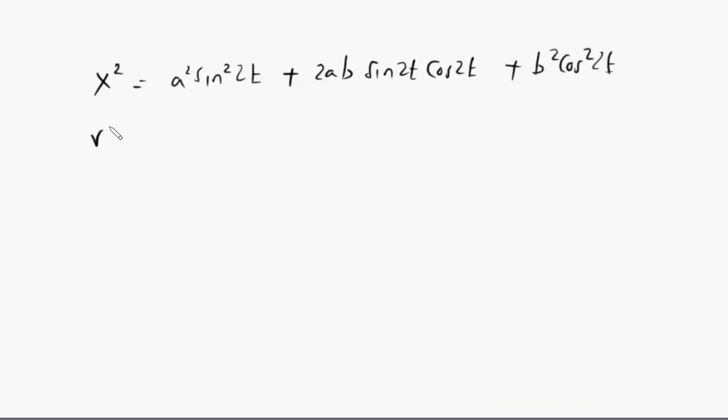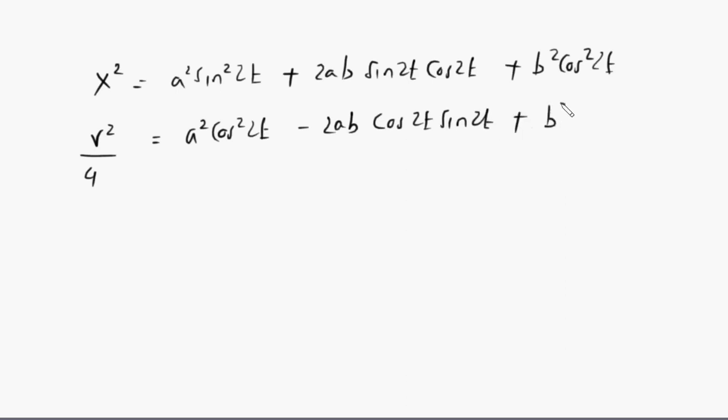Na muda si mrefu tumepata tena v squared over 4 ni sawasawa na a squared cos squared 2t minus 2ab cos 2t sine 2t plus b squared sine squared 2t. So now I'm going to add these two equations. So I'm going to have x squared plus v squared over 4 is just going to be equal to,